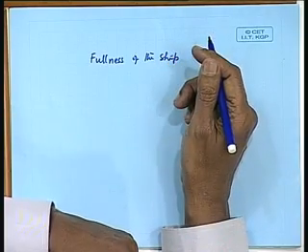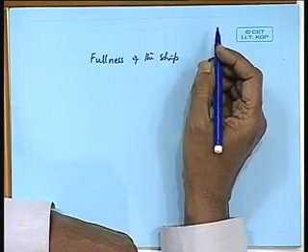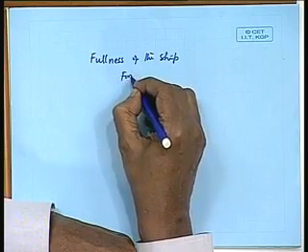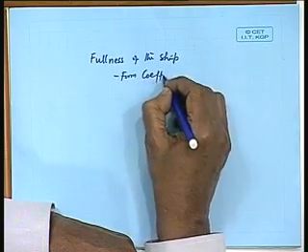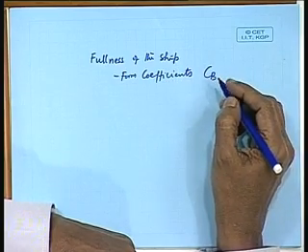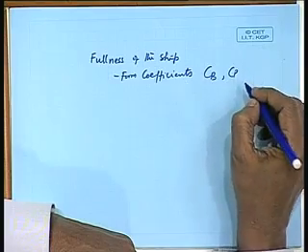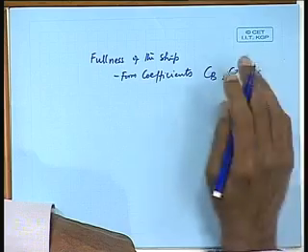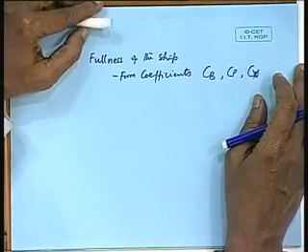The parameter that affects most the resistance of the ship is the fullness of the ship, how full the ship is, represented by the form coefficients. Mainly CB and CP and C midship. We will see all of this. CB, of course, the block coefficient, tells us how full the ship is